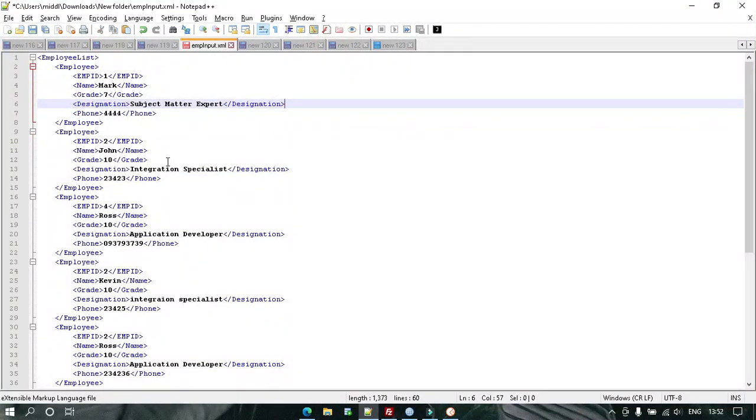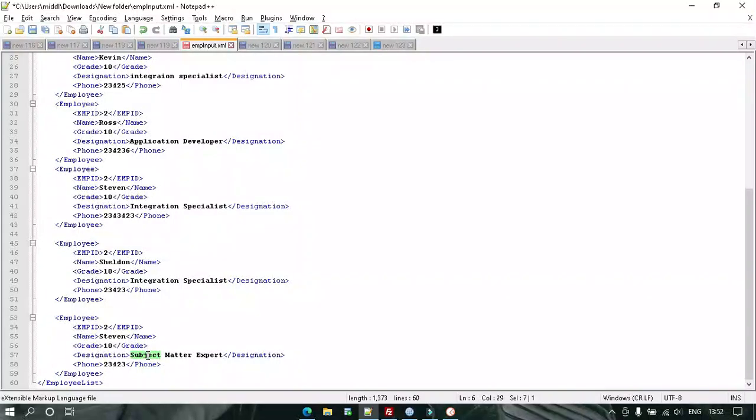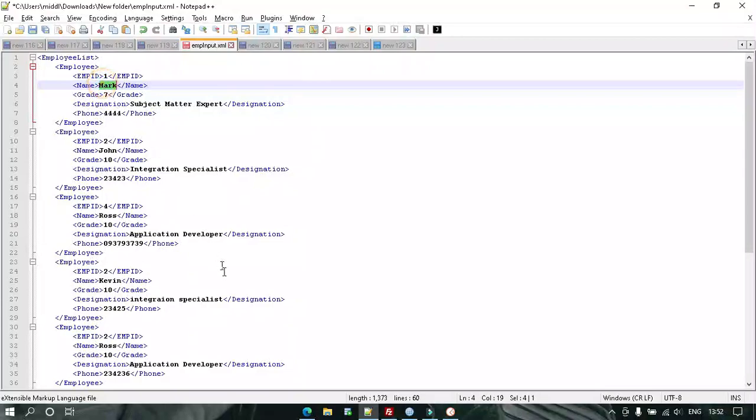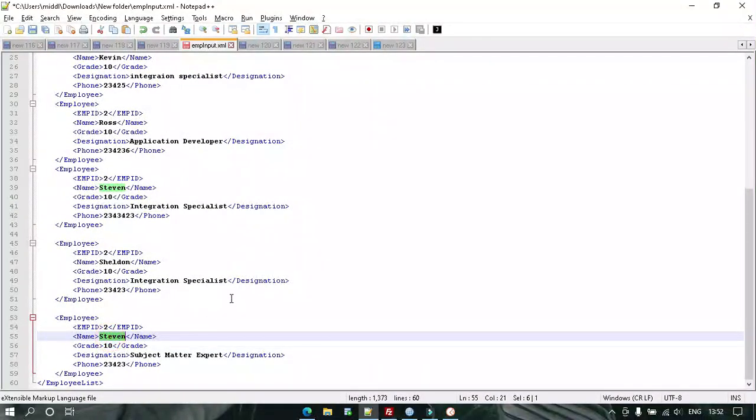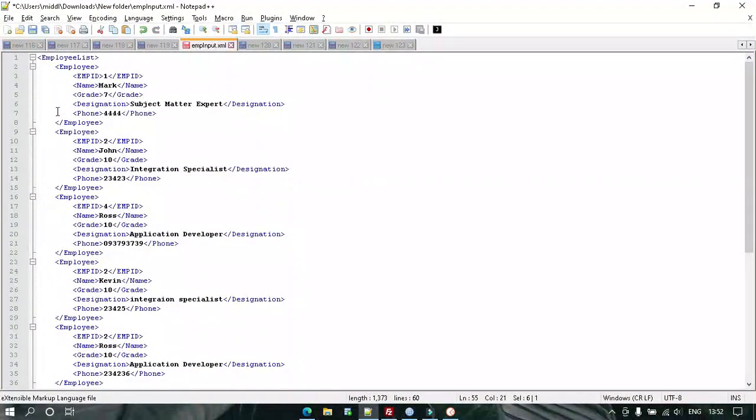For example, let's take subject matter expert. We have two subject matter expert employees here, one is Mark and the other one is Steven. So these two employees should come together in the output. All the integration specialists should come together. So this is the requirement.